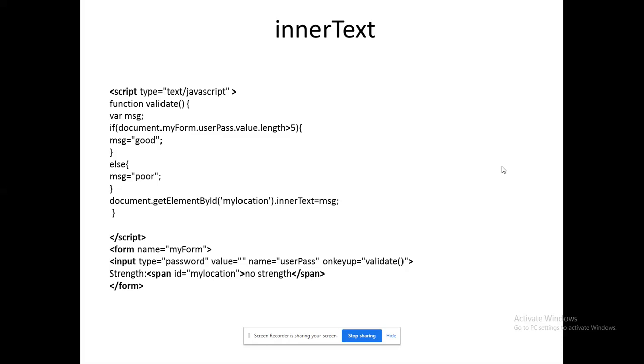If the length of the password is greater than 5, it will give us good. If not, it will give us poor. The place they mention in the document is the span tag with ID my location, right? Through that they will display strength good or strength poor. So likewise they convey your value using that dot inner text.